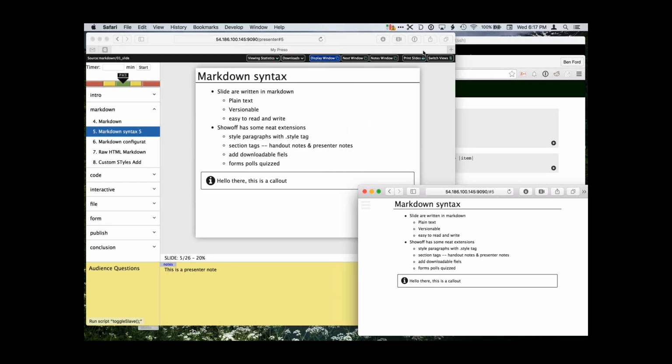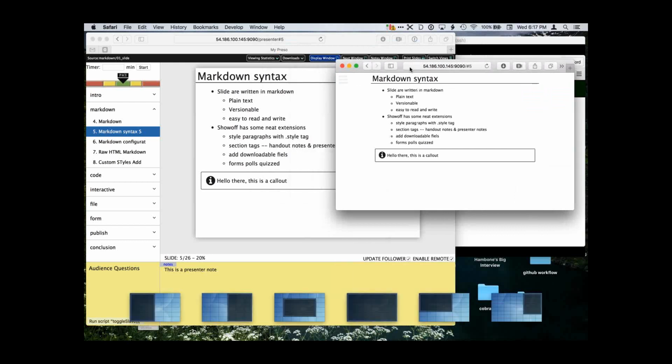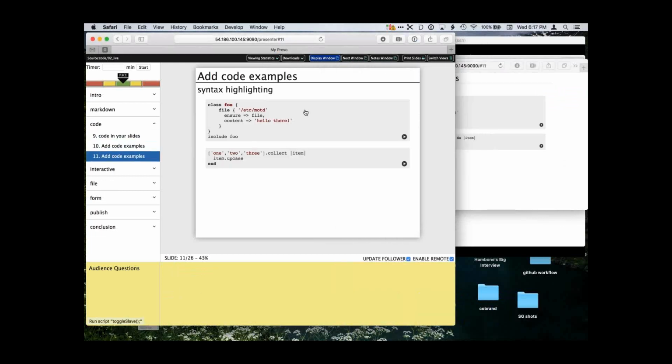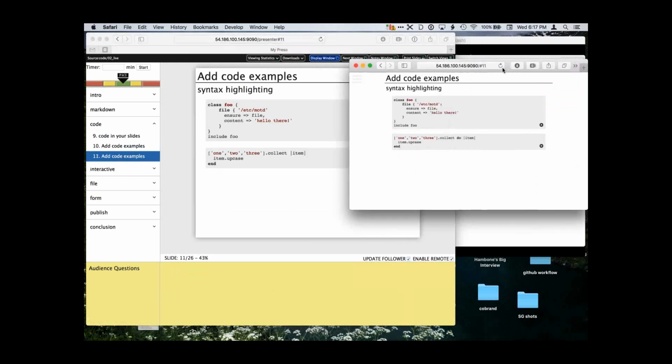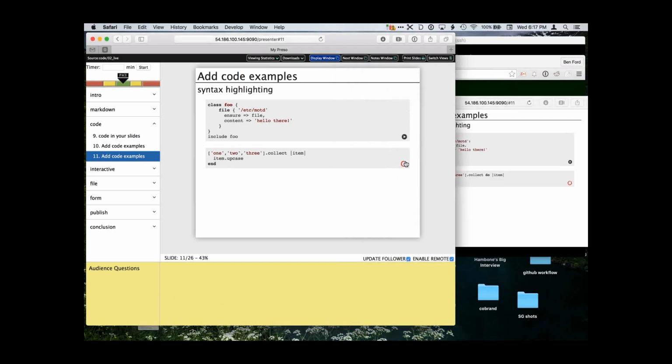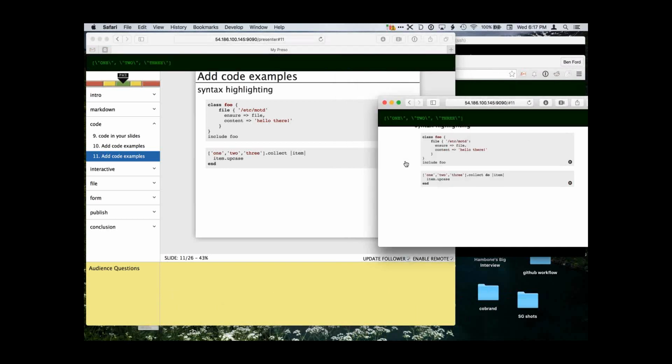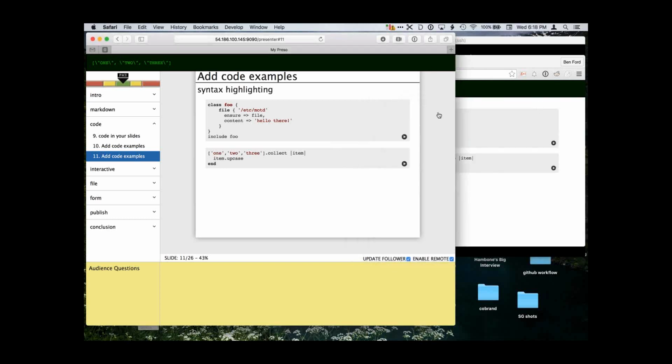Now if I have my presenter window open, and if I have one window up on the projector, so let's say I've got this little window up on the projector, then when I click the run button, it'll actually run on the other window too. So if you had that up on the projector, all of your audience members are going to see that code execute live. It knows how to run out of the box. It knows how to run Puppet code. It knows how to run Ruby code, Perl, Python, Shell script, JavaScript, and CoffeeScript. And it knows how to validate all of those as well.